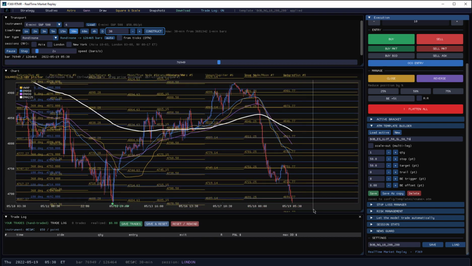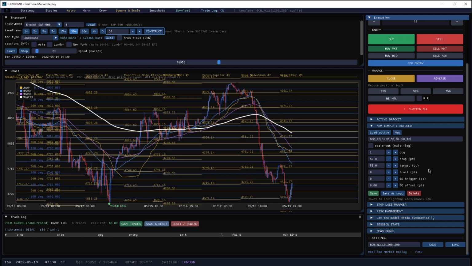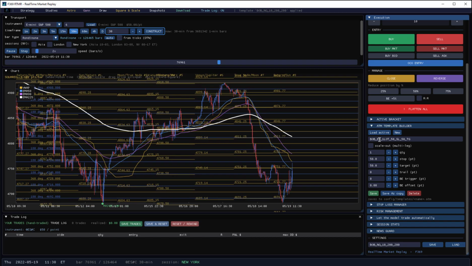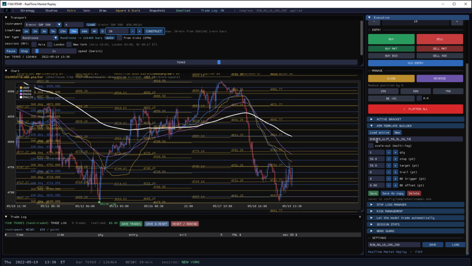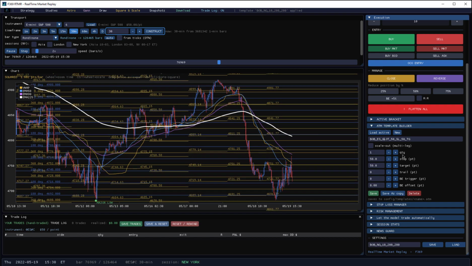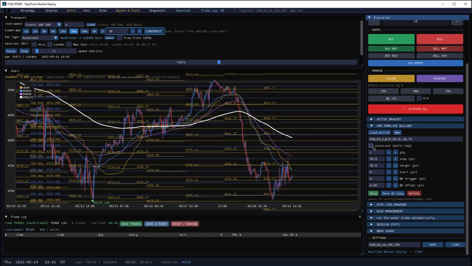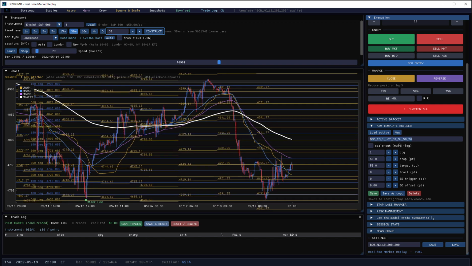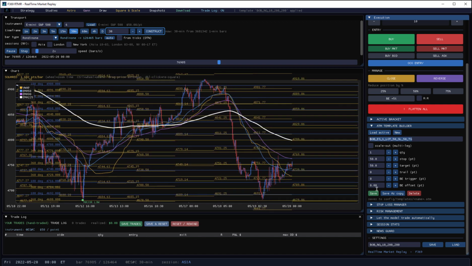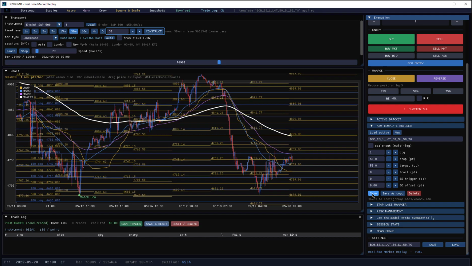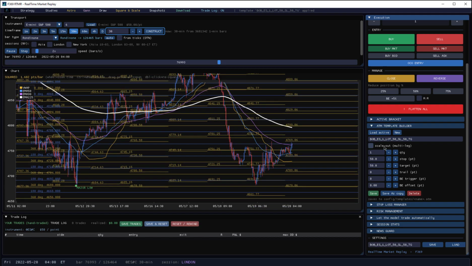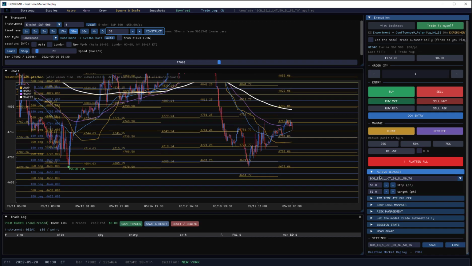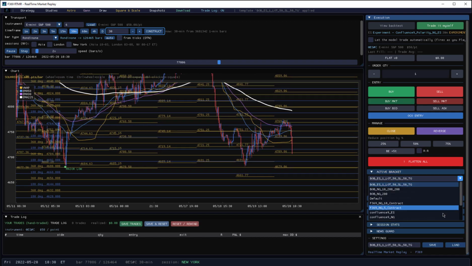So when I come back tomorrow or next month and I have 10 of these, I know my naming convention, the protocol I'm following, the steps I'm following: Bob ES 1 lot. He's going to trade 1 lot with a 50 stop loss, 50 target. So this can be applied to anything, but we're going to save it, right? The moment you save it, it says it is now set up on your PC to be used by you. So if I go to active bracket, now you see here, he is showing up on